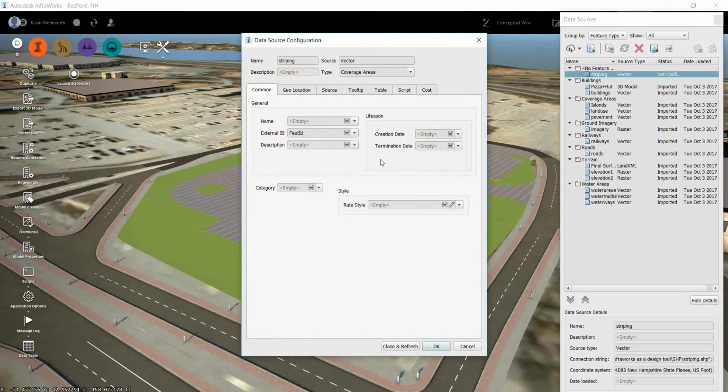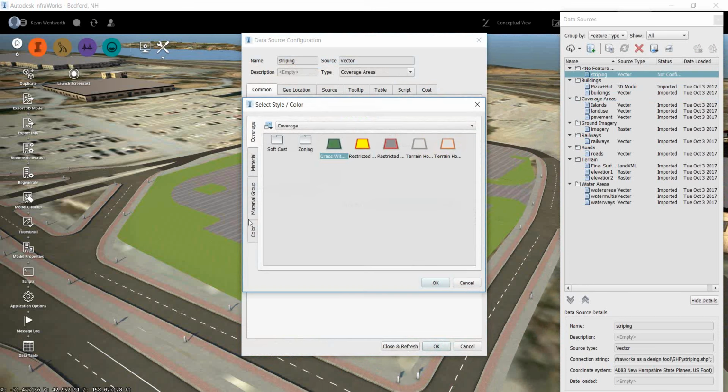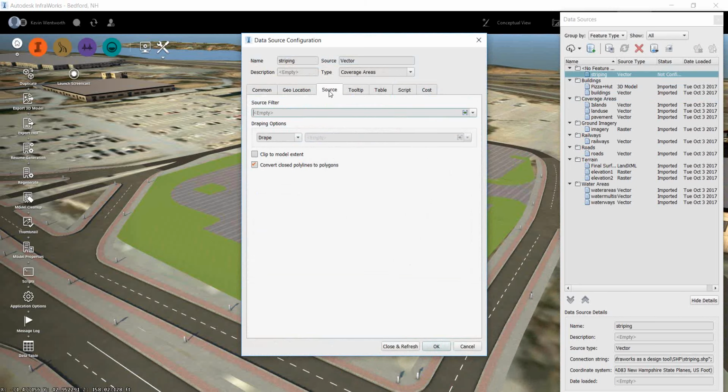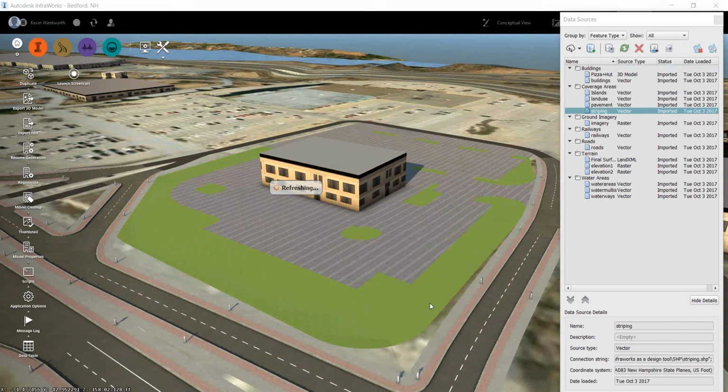One thing when we have these type of objects here, what I'm going to do is give it a white color. But one thing to keep in mind is this convert closed polylines to polygons. What it would do is take those closed polylines and convert them into polygons, and you wouldn't get the result you're looking for as far as these paint stripes are concerned. So if you uncheck that, what'll happen is it'll maintain